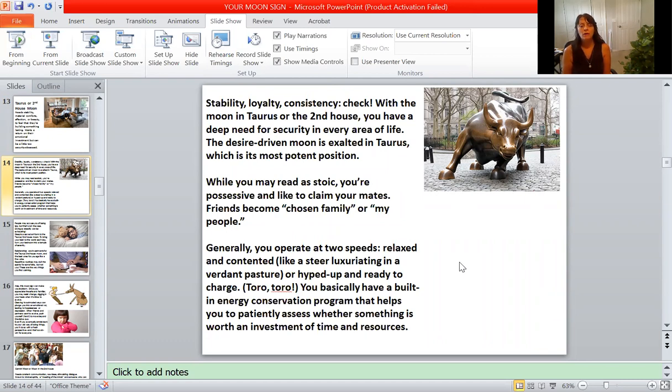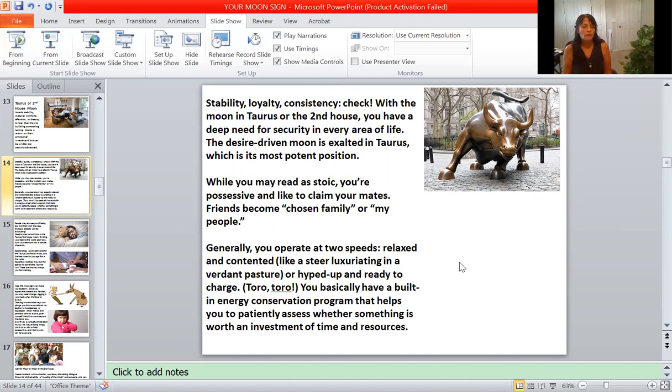And we'll talk about planets in their home, when they're exalted, when they're in their fall, and when they're in their detriment. If you just think about it, it's like a cycle. Home is home. Exalted is like you're home away from home. Fall is like coming down, not comfortable. And then the detriment is just the opposite. It is not good there at all. But we'll talk about these in another class. It's just more ways of putting things in context, saying it's good here, not so good there.